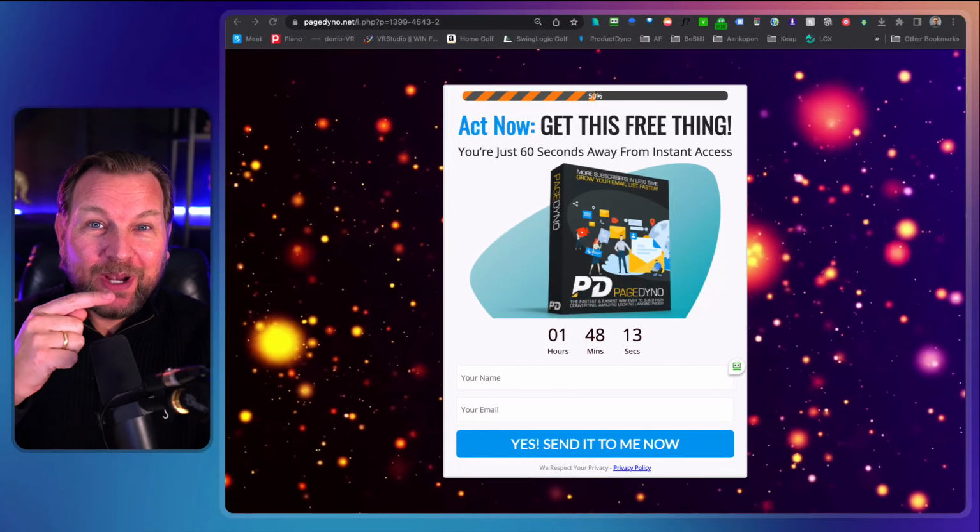or maybe you want to add an opt-in form on top of somebody else's website. Look at this. This is on Wikipedia, where you can say yes please and you can sign up to your list. Or maybe you want to create a simple opt-in form like you're seeing right here with a static background, or maybe something beautiful like this, or a static background like this. There's so many examples, and today I'm going to review PageDyno,